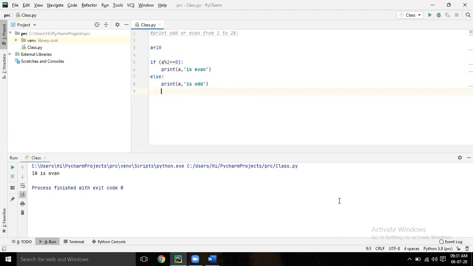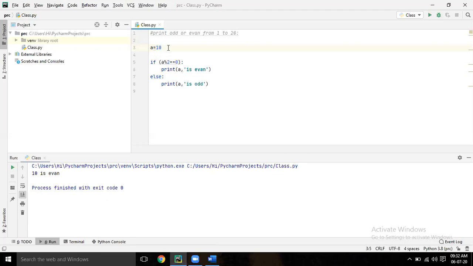Suppose I want 1 to 20. How to do it? That means if you are giving 1 to 20, the same thing should execute starting from 1 to 20. So here, what do you have to do? You have to use a loop. How to use a loop?